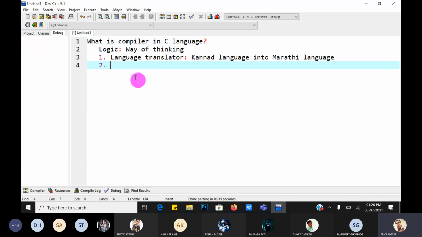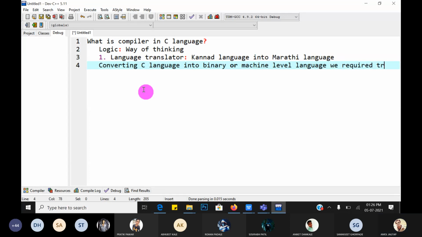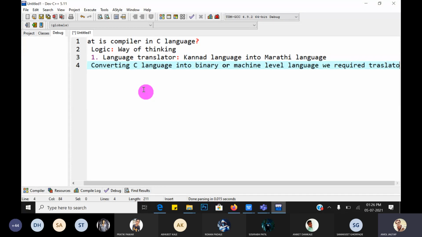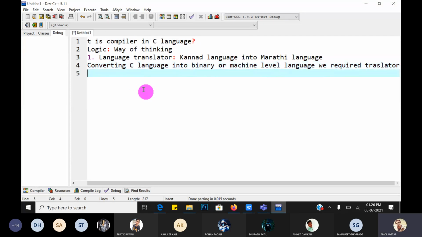To convert C language into binary or machine level language, we require a translator.